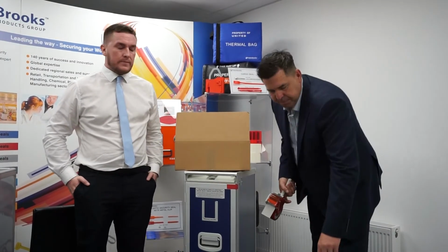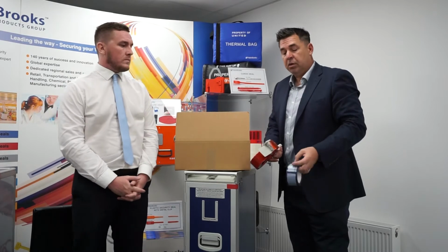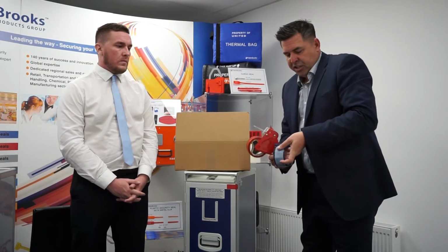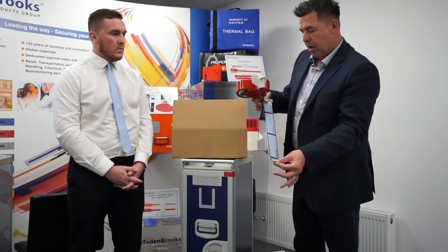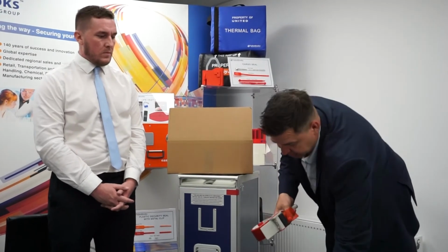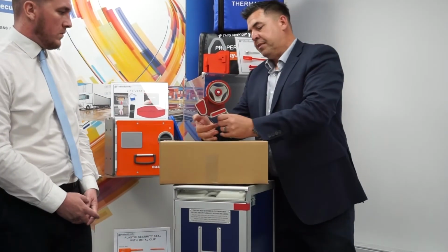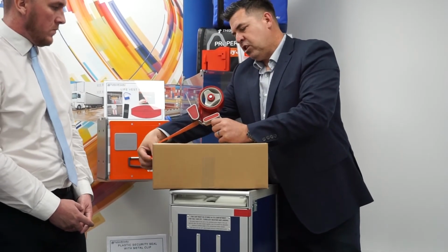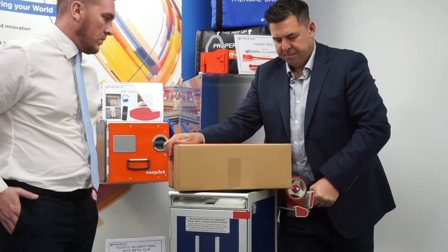Another part of our range, security tape. Again, big in the cargo world. So what we can actually do is we can manufacture with either security on it, or we can put your logo on it. Not a problem. We can actually put this as well with various different security numbers. This packaging tape here is completely plain. So if this goes on top of a box and you're shipping this,